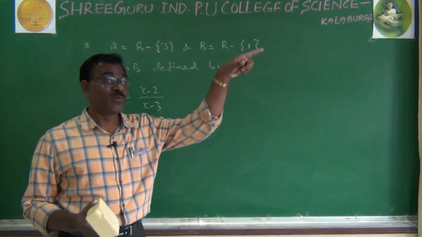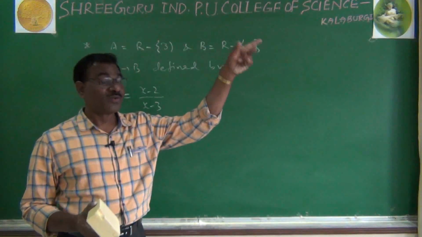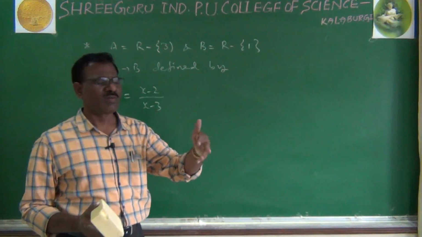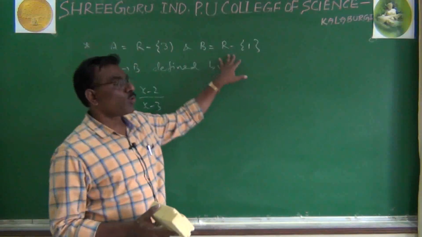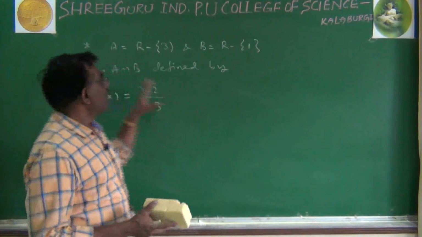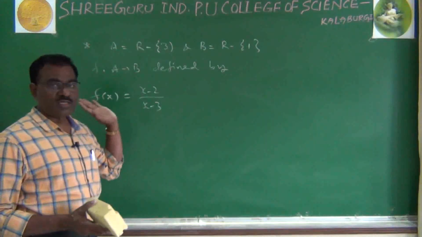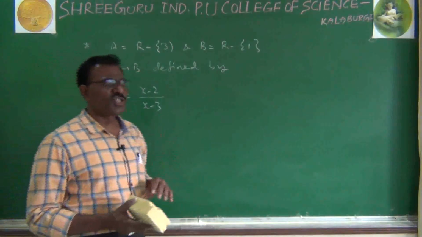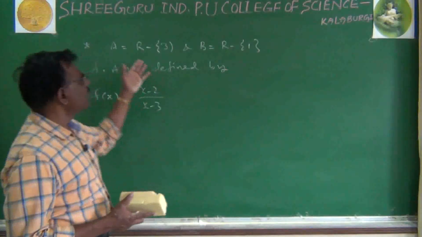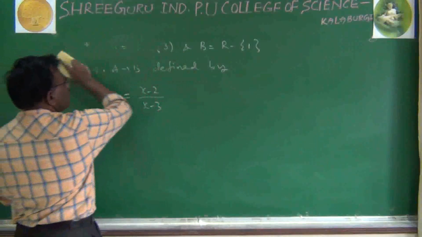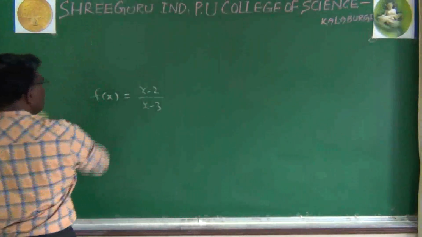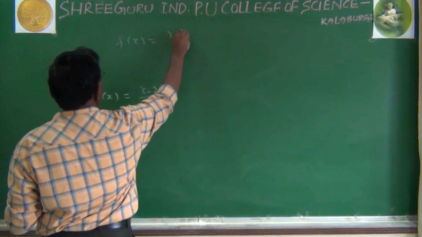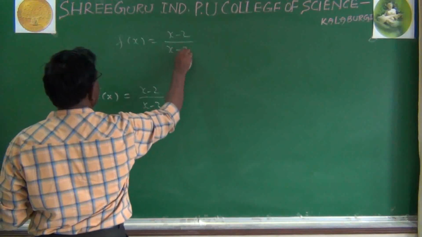Find the x value in terms of y. In terms of y, something other than 1 will come. Maybe the denominator gives x minus y minus 1, something like that. So the codomain is other than 1 and the domain is other than 3. Don't worry about these two, because the function is not defined there. So the domain is other than 3 and the codomain is other than 1. So f of x equals x minus 2 by x minus 3.